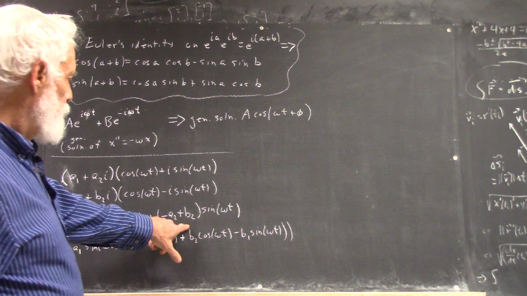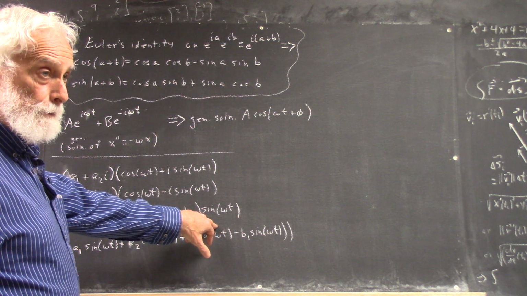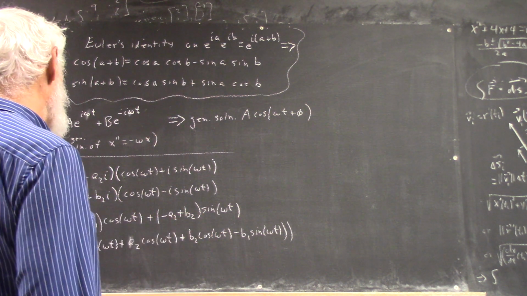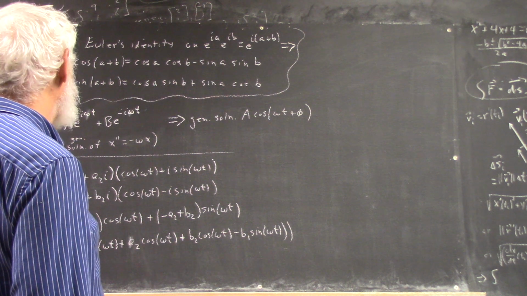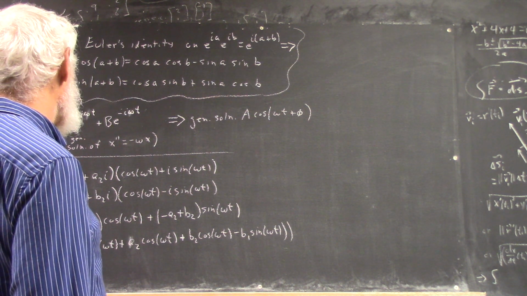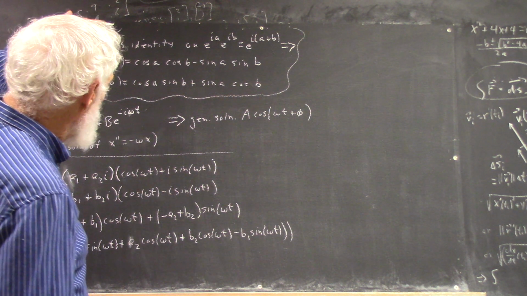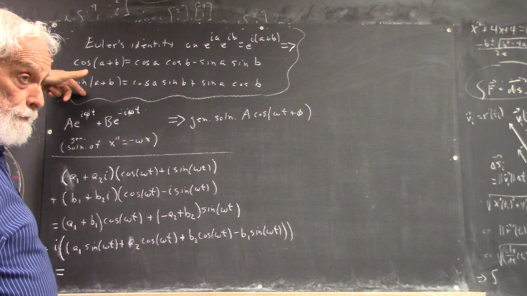If I put all this together, I've got a multiple of the cosine added to a multiple of the sine. If I match that up with what I see here,